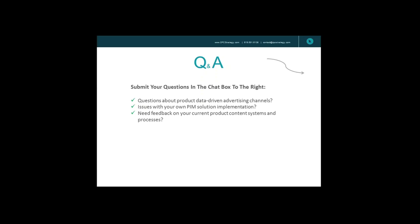Sure. I think the product information in general, a few years ago, was thought of as a very simple set of core attributes, if you will. So things like the SKU number, the product description, the price, selling attributes such as color or size. And it didn't necessarily go much farther than that. But now, especially with PIMs integrating with WMS systems and things of that nature, what constitutes product data goes